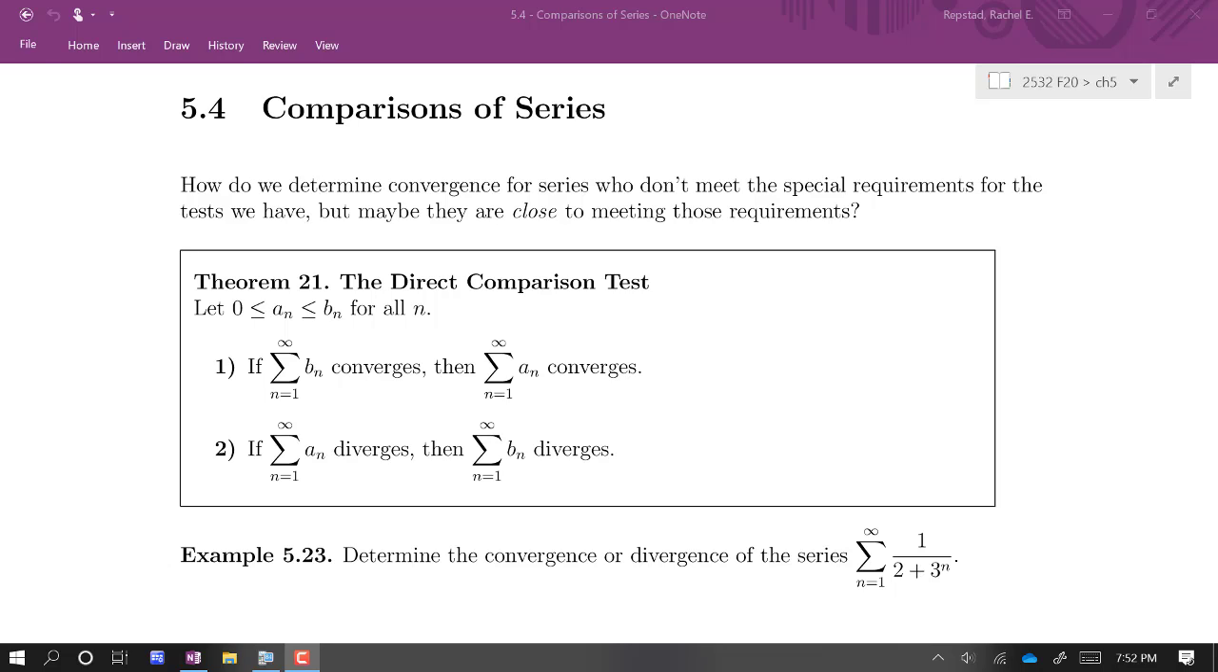Alright, in this section we're going to learn how to compare series together. So the way that we use these comparison tests, we're always given some series in these problems. They give us a series, they want to know, does it converge or diverge? If we're going to use a comparison series, what we have to do is look at that series and say,